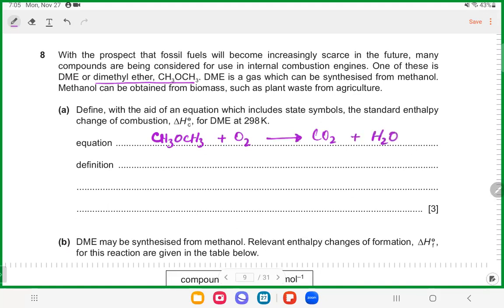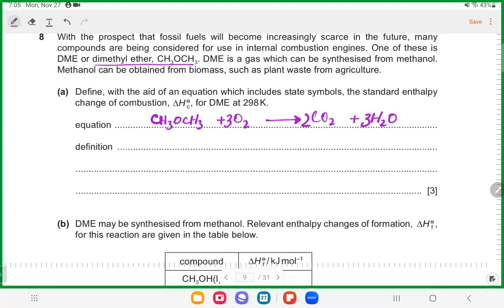Now balance this equation: 2 carbon, so 2 carbon dioxide, 6 hydrogen, 3 water molecule, and 3 plus 4 7, और एक यहाँ आ गया तो यहाँ 3 लगा, ठीक है। इट इज बैलेंस्ड। एक ऑक्सीजन हमारे पास CH3OCH3 में था, इसलिए 7 के बजाय हमने 6 से बैलेंस किया है इसे।